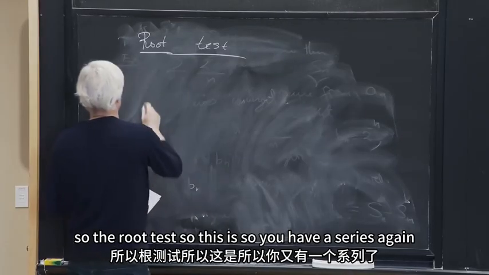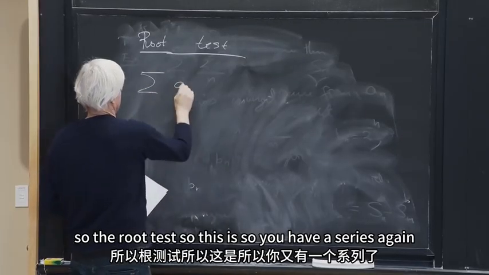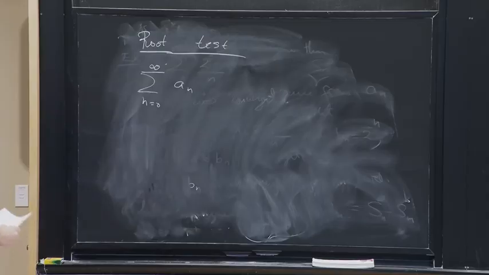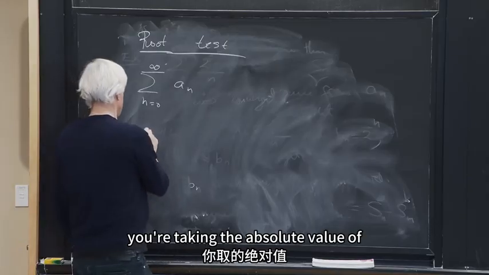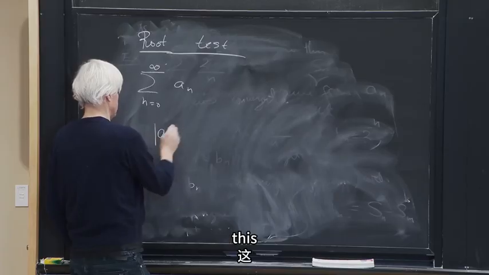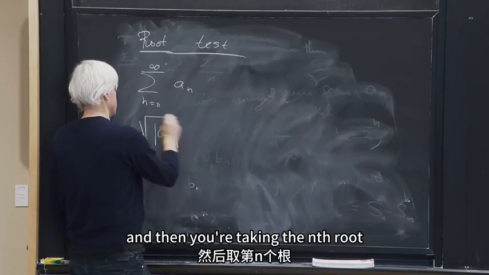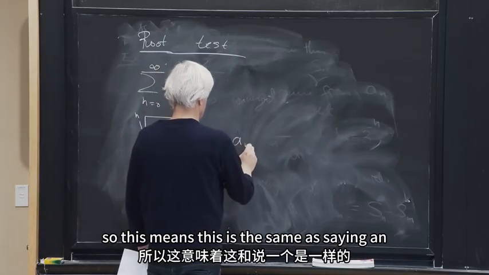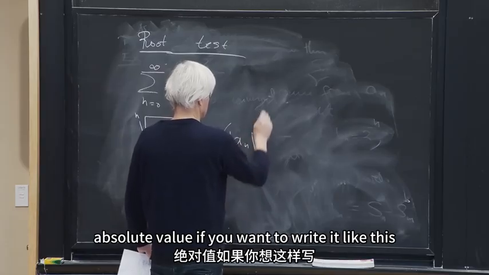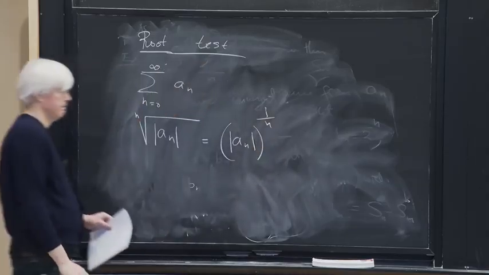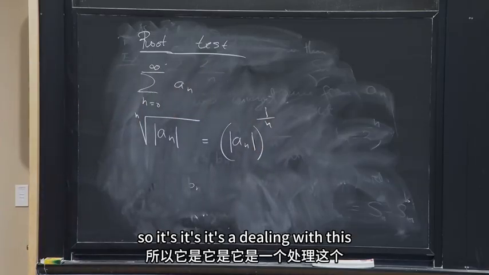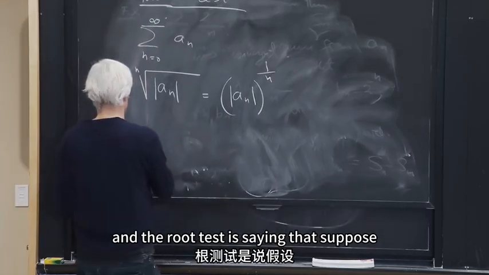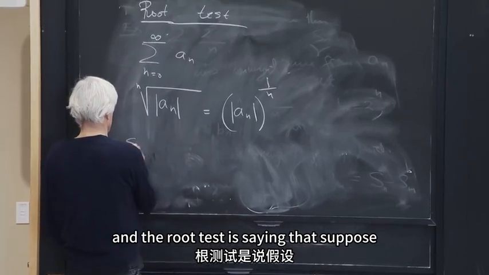So the root test, you have a series again, like this. And the root test is that you're taking the absolute value of this, and then you're taking the nth root. So this is the same as saying the absolute value of a_n, to the power 1 over n. So it's dealing with this, and the root test is saying that suppose